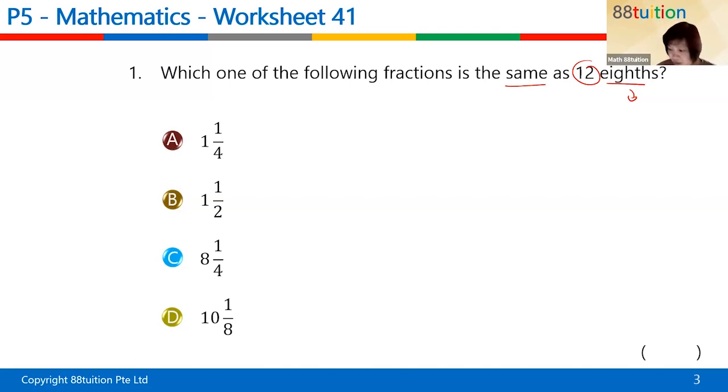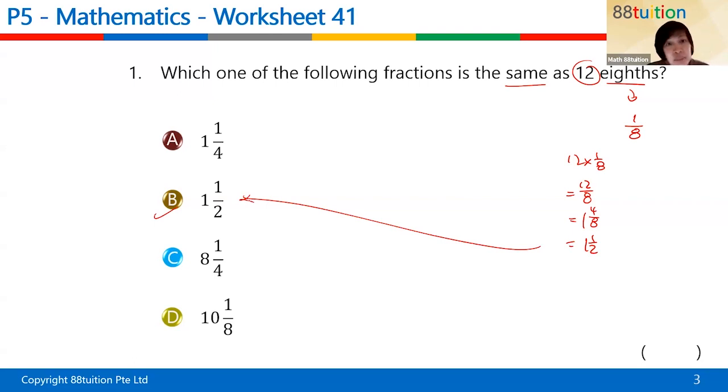Thank you. Okay, so 1/8 means 1 out of 8. So if you have 12 eighths, that means 12 times of 1/8. So that means it's technically 12 over 8. So in the following multiple choice, which one will give you 1 whole and 4/8? Don't have. So you change it to the simplest form, 1 over 12. Yeah. So option number,